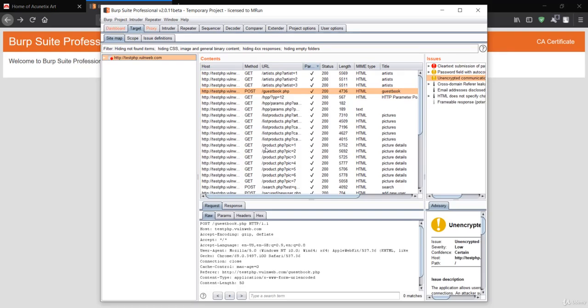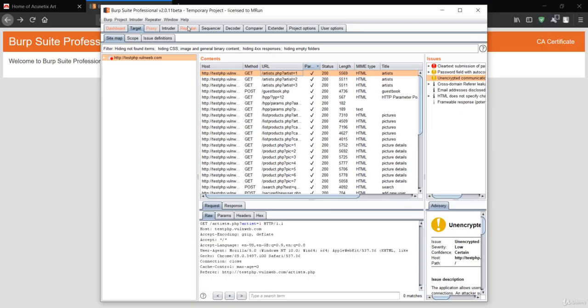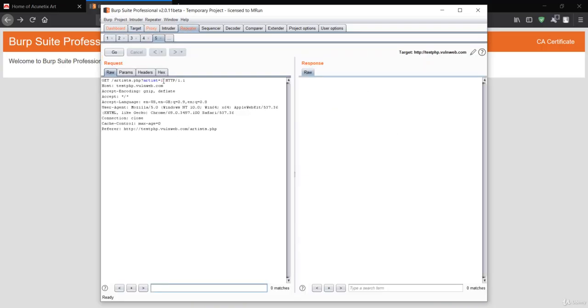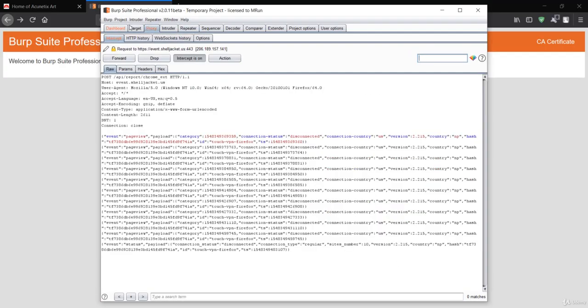So let's test for something that is over here, which has the highest length. So let's try this. Send this to the repeater. I'll go to the repeater, and artist has one here. So I'll put here hello, and let's press go. Let's see if this hello has been reflected or not, and it has not been reflected. That means this is not vulnerable.